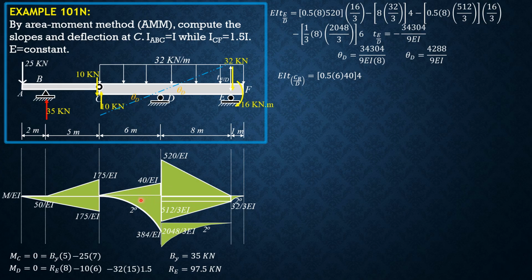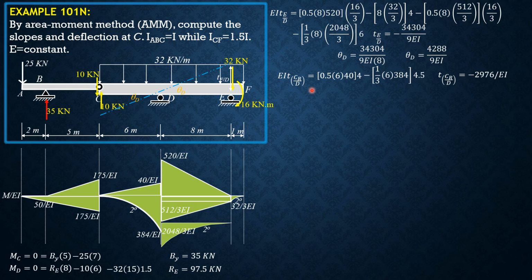So this distance is 6 over 4, 1.5. So the distance of the centroid from C right is 4.5. So minus 1/3, this area here, times 6 times 384 times 4.5, where 4.5 is 6 minus 1.5, and 1.5 is 6 over 4. This is 6 over 4. So that's 4.5. So deviation of C right relative to D can now be computed, and it is